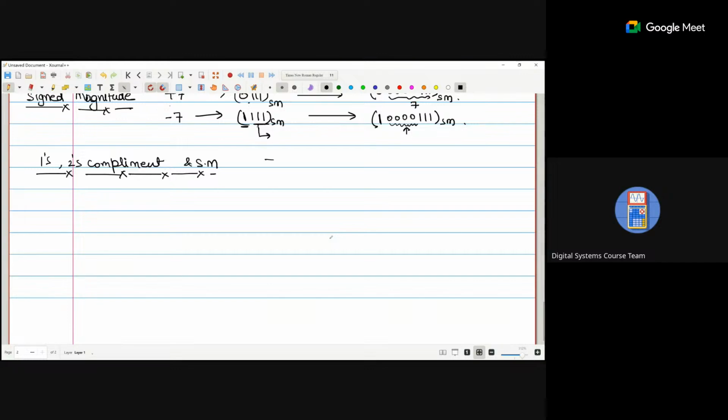So in the calculator there is a plus sign available, minus sign available, multiply available, and divide available. But in the case of digital, only two particular operations are possible. One is addition